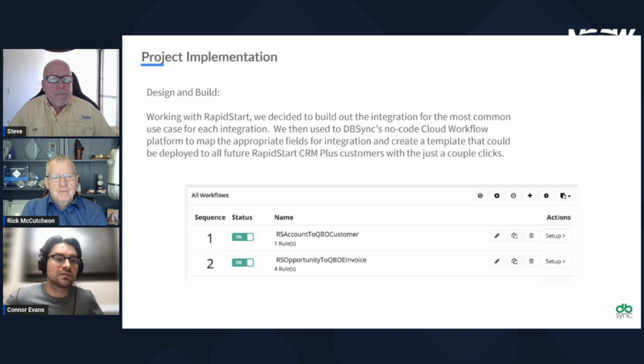So a lot of the times that involves doing things like creating accounts if the accounts don't exist in the corresponding system, creating the invoice if the invoice doesn't exist, along with the line items. In RapidStart, the opportunities are single line items, but they have a total on the invoice. So for us, it was working with them to figure out the best formatting for bringing that into the accounting system, right? So yeah, we like to work with each individual use case and then basically build out the workflows and templatize those for, again, those most common customer